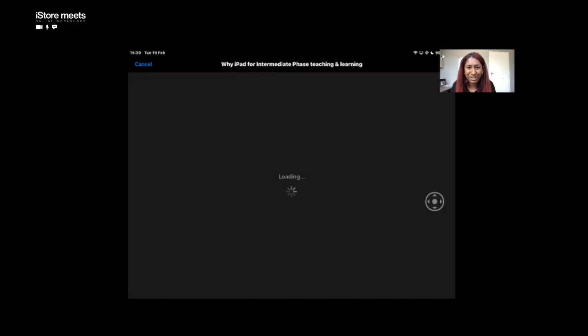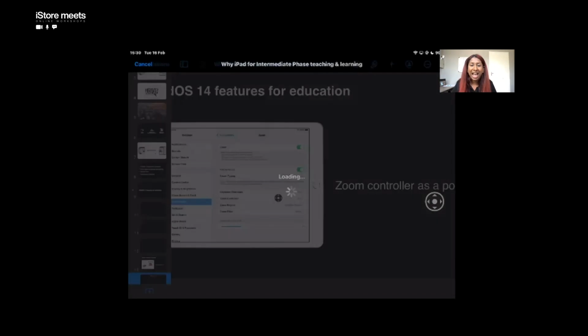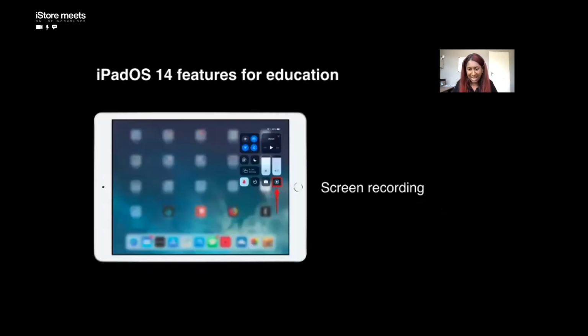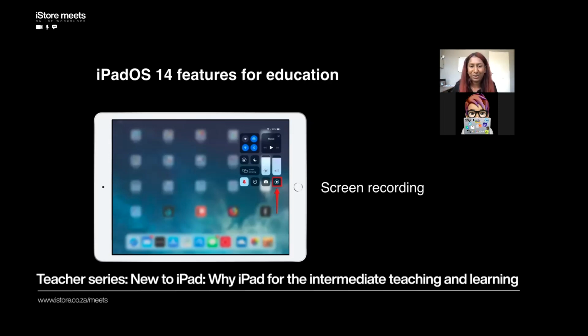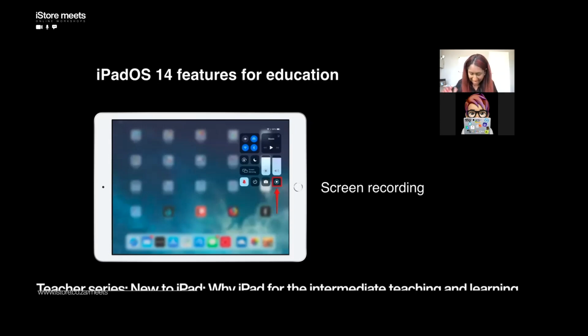The last thing that I want to show to you, which is one of my favorite things to use, and please do keep in mind that all the features that I'm showcasing to you today are just the tip of the iceberg. There's so much more. We can go in depth into all of these features, and we do have sessions where we showcase all these features, which I will show you at the end, some of our upcoming sessions. So the last feature that I wanted to show you in our iPadOS 14 features is